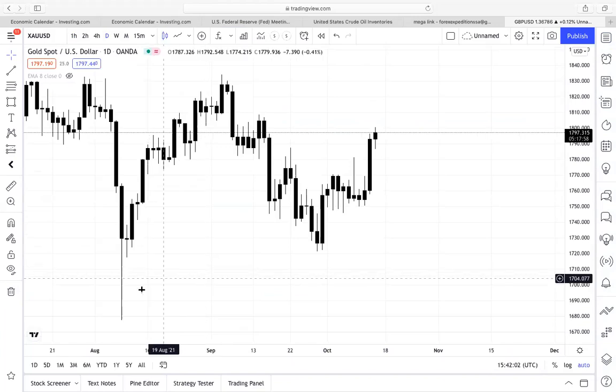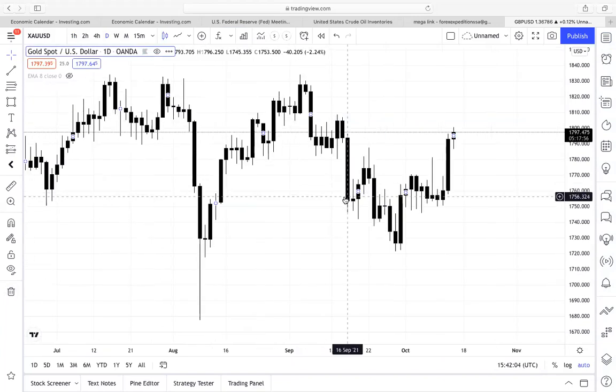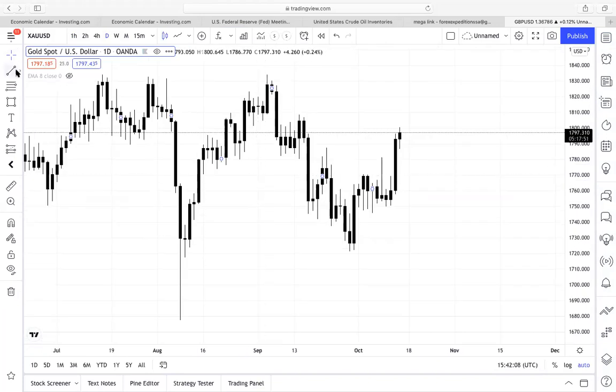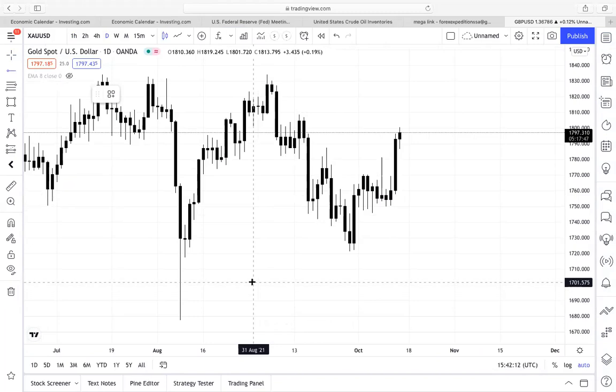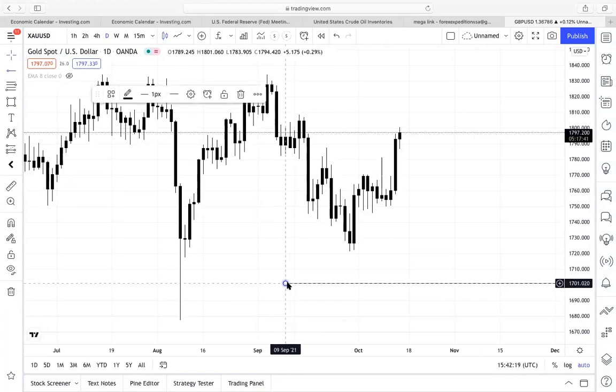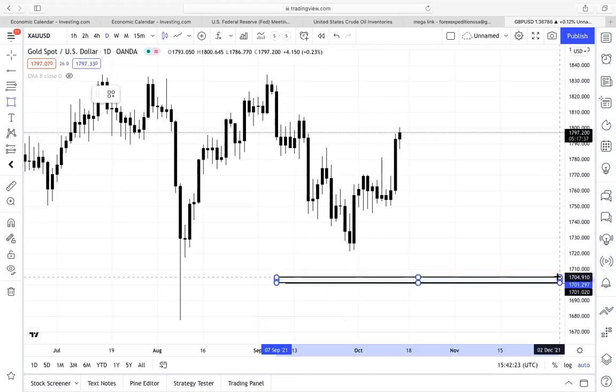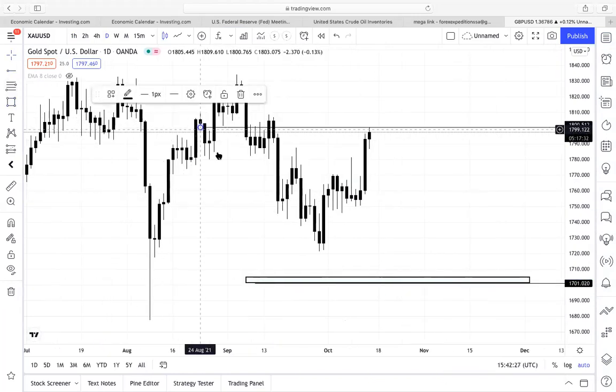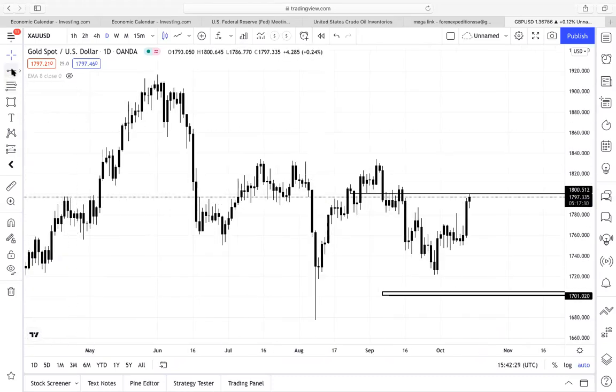Now let's move on to gold. A lot of people don't know what gold is doing and why gold is doing what it's doing. Now when it comes to gold, gold moves in sets. Obviously from 1,700, we go to 1,800. From 1,700, which is a key level, we go on to 1,800. From 1,800, we go to 1,900.